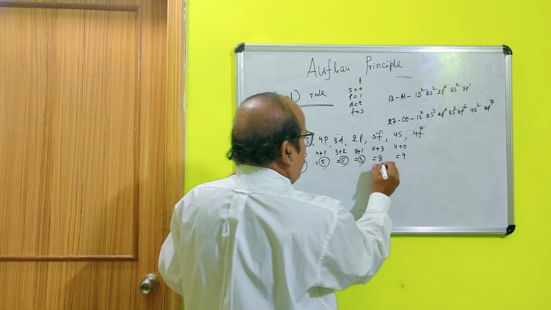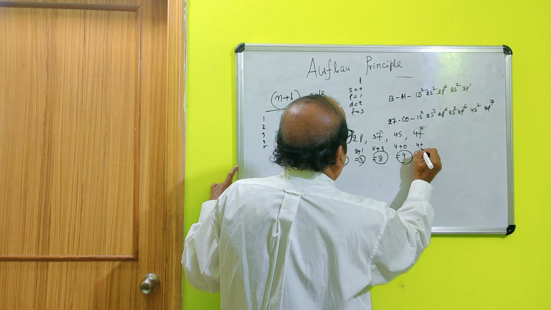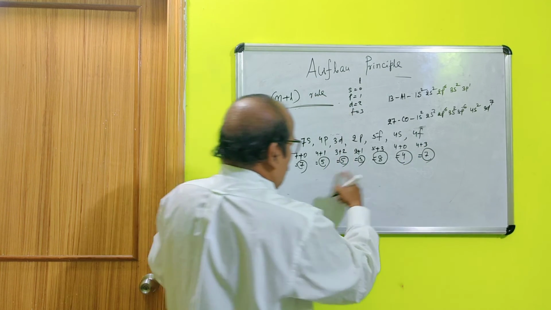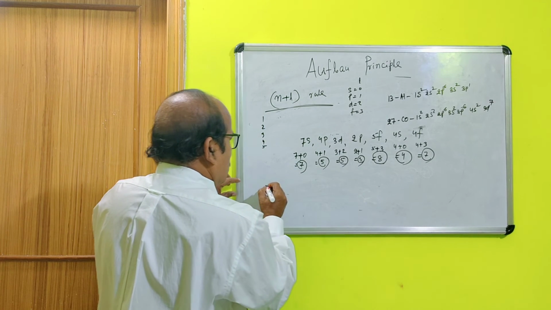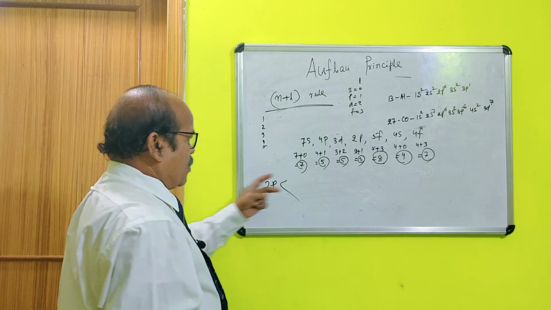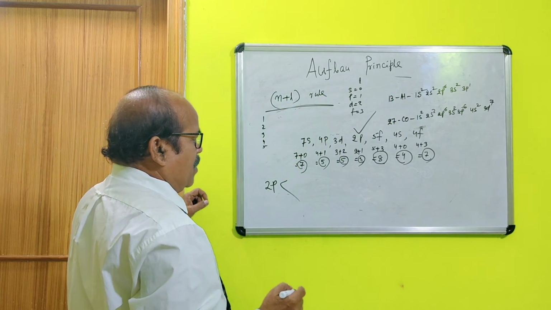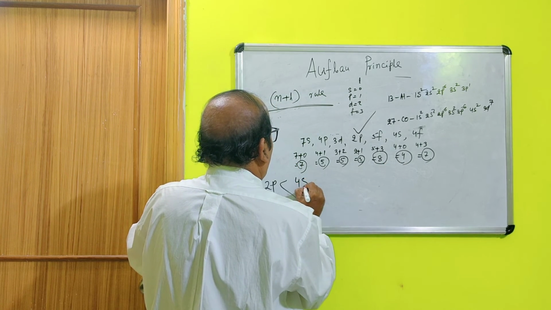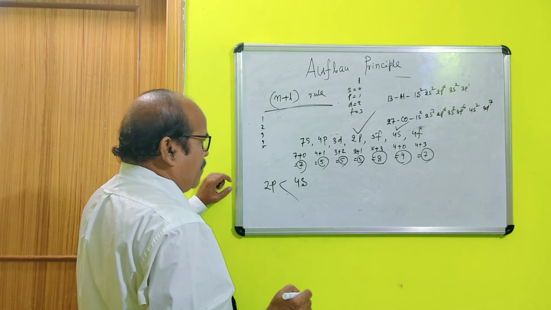For 4f, 4 plus 3 equal to 7. The value is like this. The lowest value is 3. So electrons will go to 2p first. There is no problem here in keeping 2p first. Then the next value is 4. So electrons will go to 4s. This is over. Then after that,